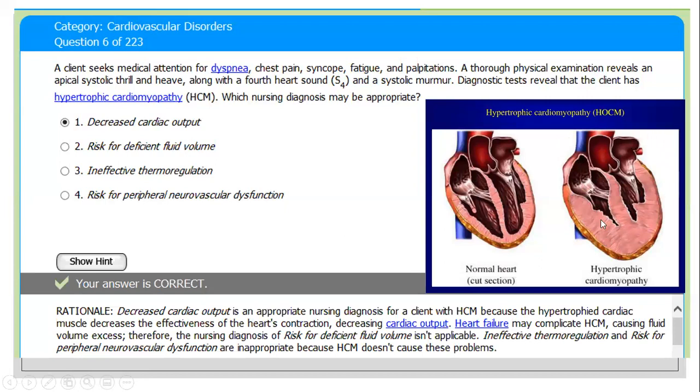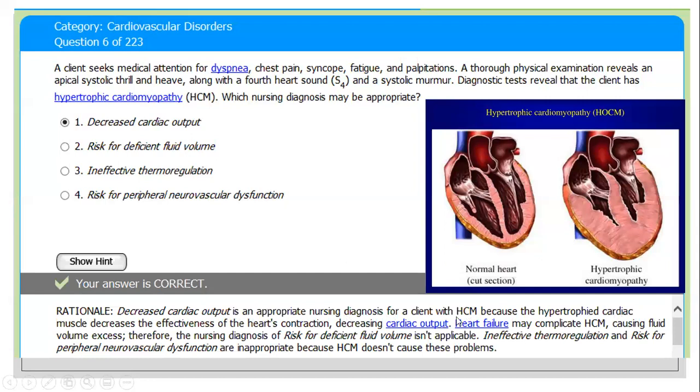Cardiac output will be decreased. So decreased cardiac output is an appropriate nursing diagnosis for a client with hypertrophic cardiomyopathy, because